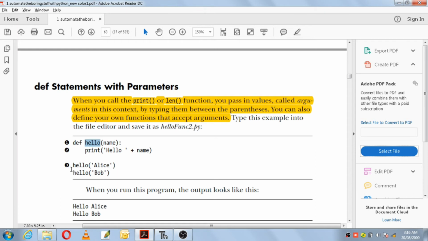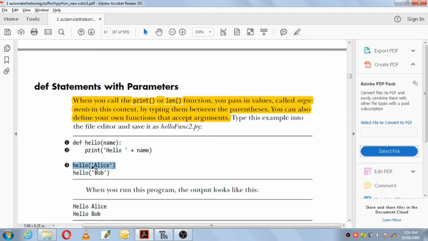Once the function gets called, it immediately goes to the def statement, and you can see the argument Alice will sit in the parameter name. So print hello plus name, and what is sitting in name is Alice, so it will print hello Alice.